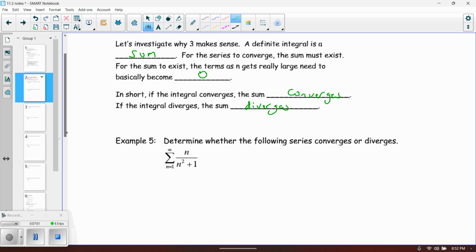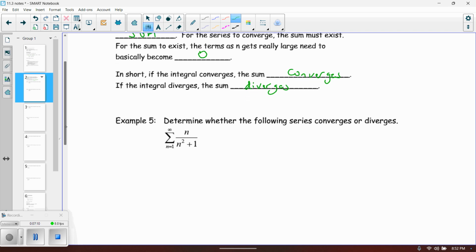And that's a little bit tougher. I am not going to show the entire first derivative test here, but this one is a decreasing function. So let's go ahead and apply the integral test. The integral test says that if we take the integral, we are going to state those criteria, by the way. We're going to say this is positive, decreasing, and continuous. Okay, so it says if we take the integral from 1 to infinity, I know I'm starting at 1 because it says n equals 1 is my starting point,